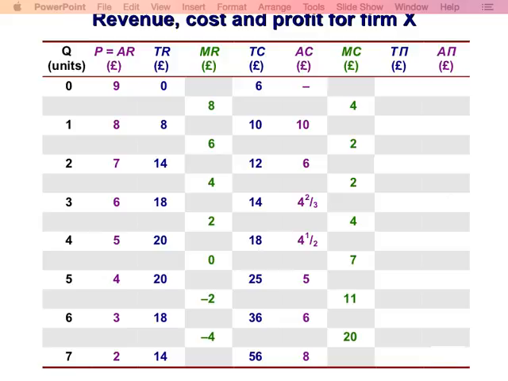Now, total profit, we know that is the difference between total revenue and total cost. That's total profit. Before I go to average profit, I just want to ask you a quick question, which I should have asked earlier when I asked you for the definition. But notice that we don't sell anything. First row, we don't sell anything, but we still have total cost of £6.